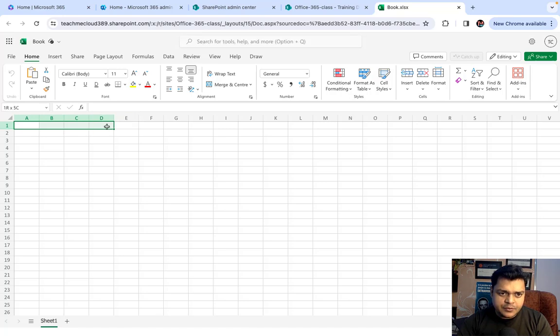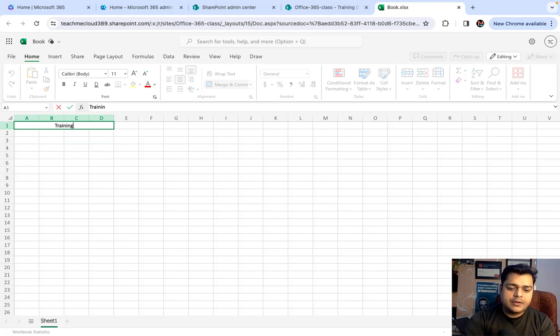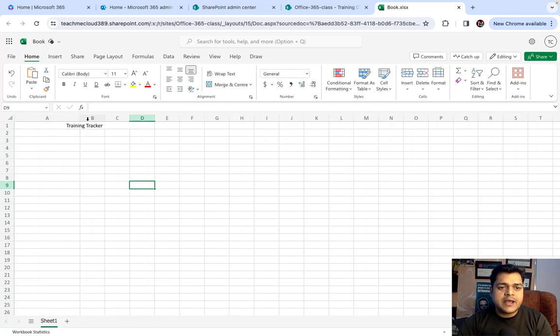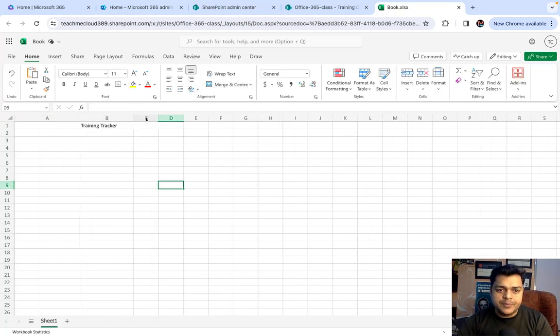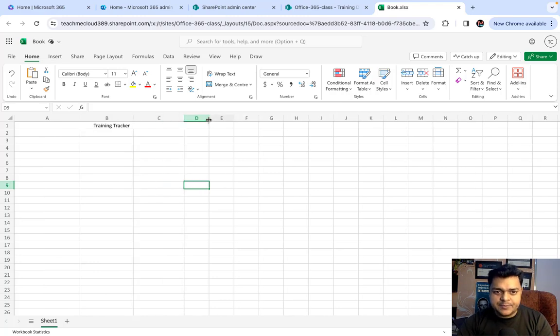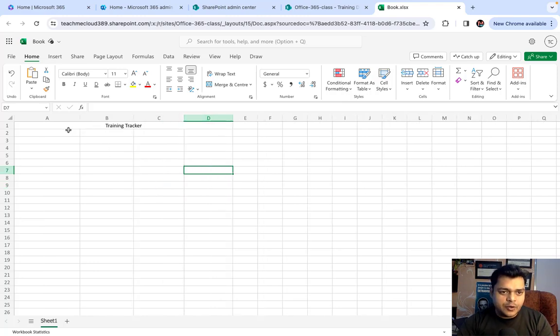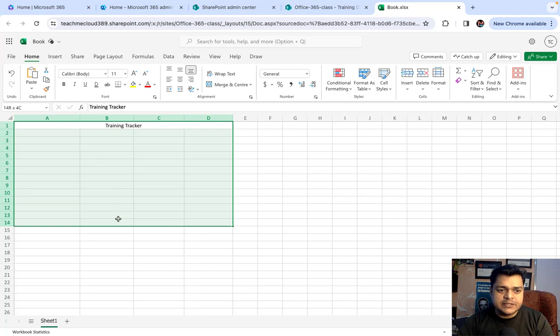I'm going to type the name of this particular file. You can consider it as a training tracker. Okay, this is the type of tracker that I'm going to create, and this tracker is basically used by or managed by the 3 different employees that you added in this particular group,